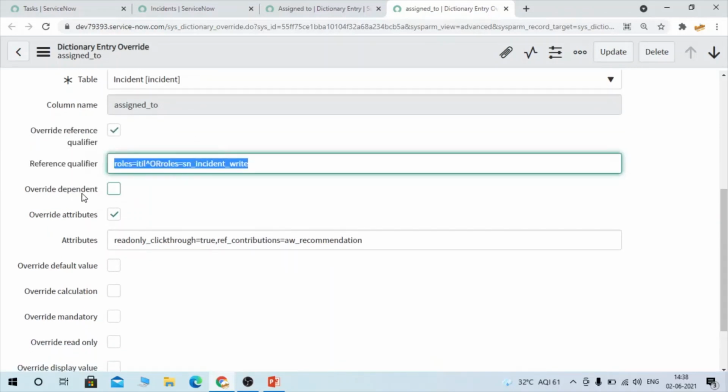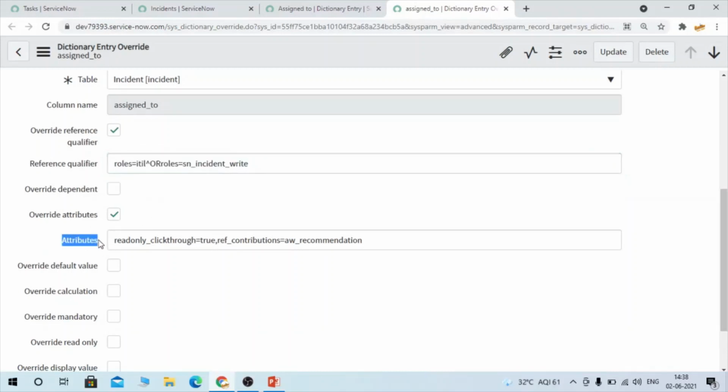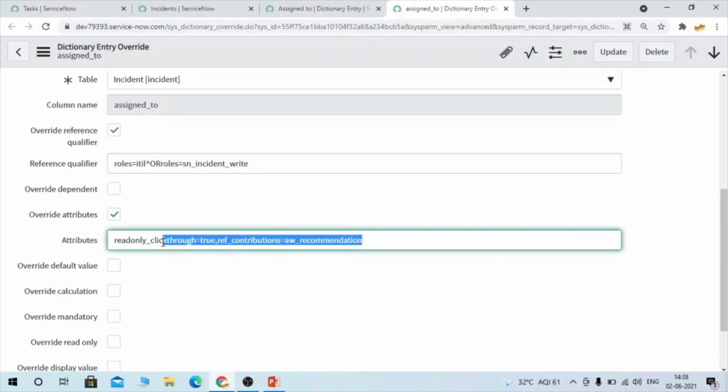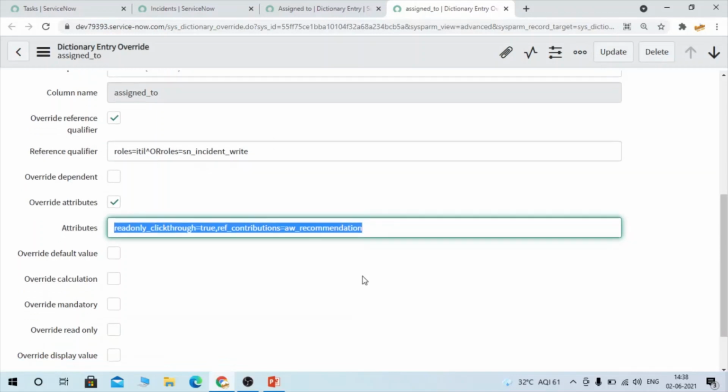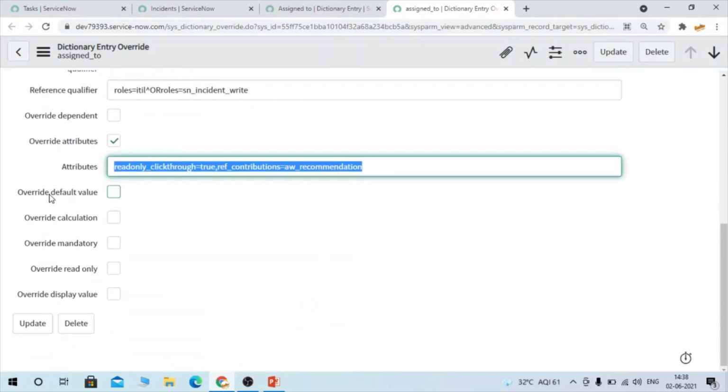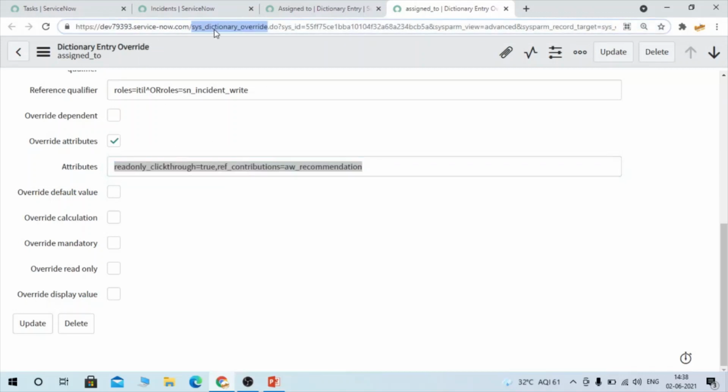Likewise, you can override attributes: check it, and in the attributes field provide the query. You can override the default value, calculation, mandatory, read only, or the display value. Whatever you can do on the dictionary level, you can override by using this dictionary override table. Okay.